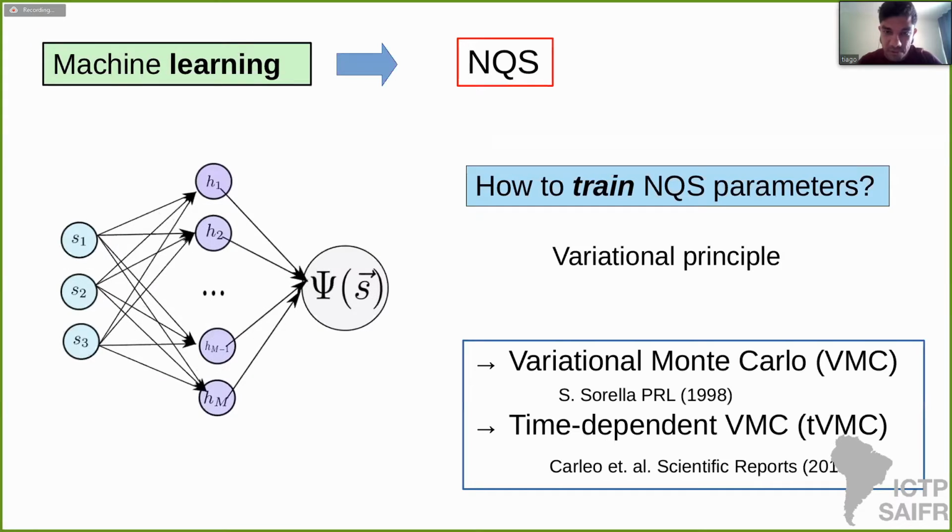One has to train this neural network, right? So this is the tricky point. Okay? How to, let's say, determine this set of variational parameters. So let's call these neural network parameters variational parameters. How to determine these variational parameters at the end, in order to be able to represent the wave function? And the answer for this is to use